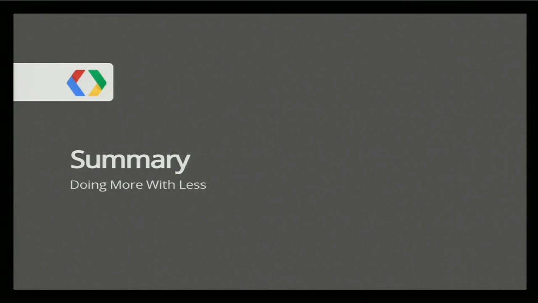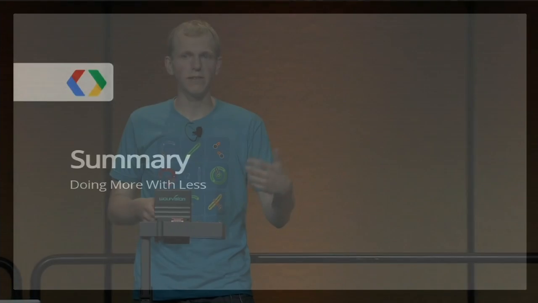Cool. So today, just a summary of what we talked about. We built a gallery app. We made it fast by using caching. Then we listened to trim callbacks to reduce our memory usage and return it back to the system to keep the system running nice and smooth. Then we looked at the overhead of autoboxing and how we can avoid it using utilities like SparseBooleanArray. Then we looked at SQLite and transactions and how they can help us save disk I/O as we're saving to disk,